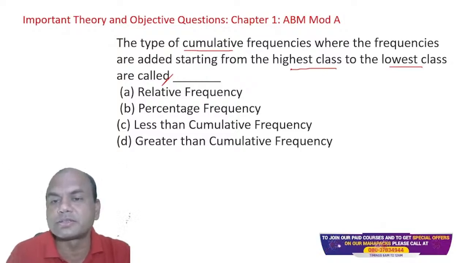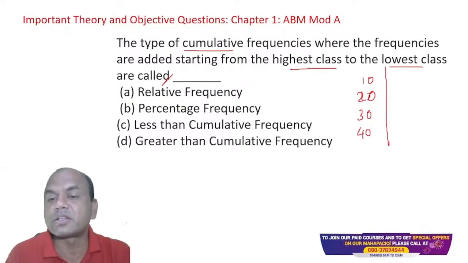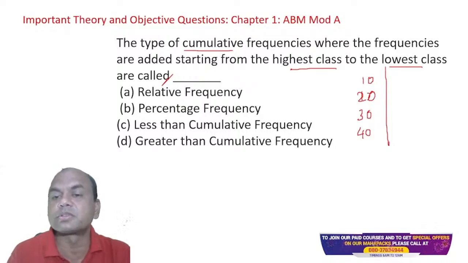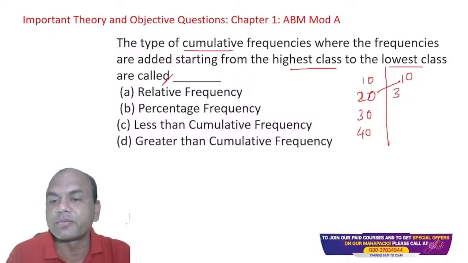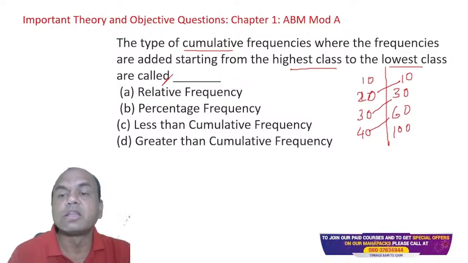Suppose I write it like this, let's say 10, then 20, then 30, 40, and I go on writing. And now what is the cumulative figure? Cumulative means addition of all these before this number. Accumulation of 10 is 10 only. Accumulation of 20 over here is 20 plus 10, 30. Accumulation of this is 30 plus 30, 60. 60 plus 40, 100. So cumulative means addition of all these numbers before. So this is cumulative.